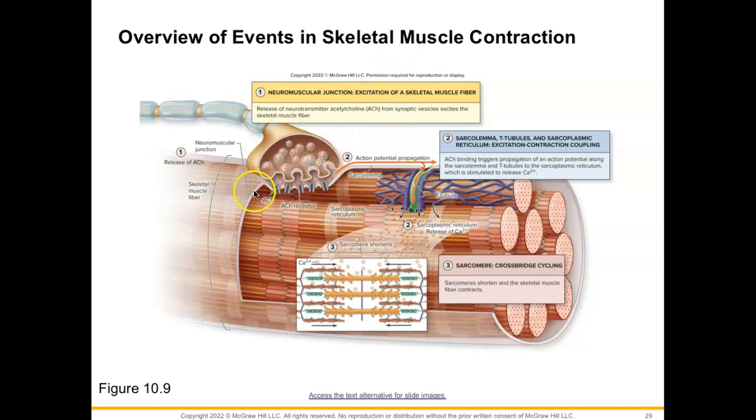We have our neuromuscular junction that we talked about. Acetylcholine was released to these receptors that allowed sodium to move in and potassium to move out. So we just talked about how at rest, the inside of our cell is negative 90 millivolts. Well, if we have all of this positive sodium moving into my cell, that -90 is going to start to what we call depolarize, meaning it's going to turn more positive. So we move from -90 millivolts to, let's say, -85 millivolts, -80 millivolts to -75 millivolts, and so on, until we reach a certain threshold, and then we get an action potential or depolarization to take place,